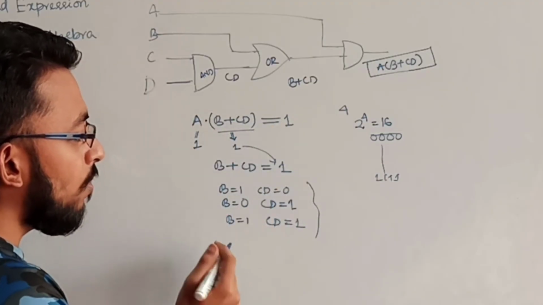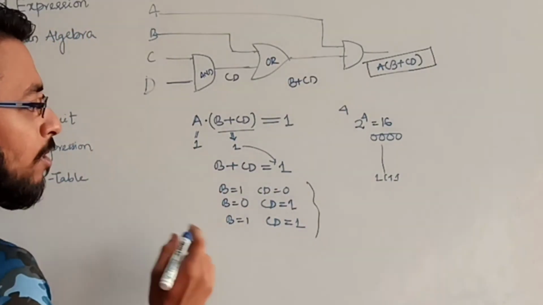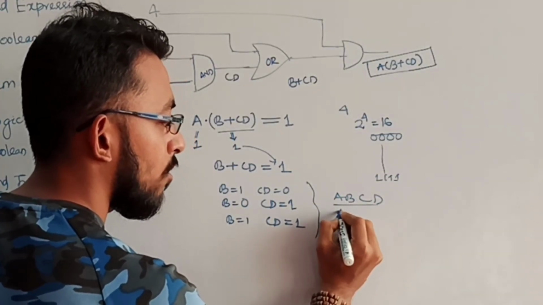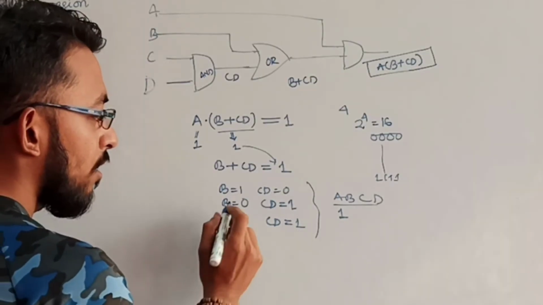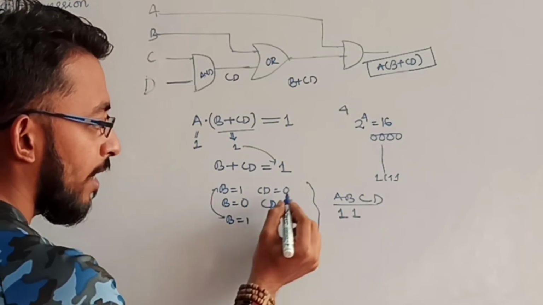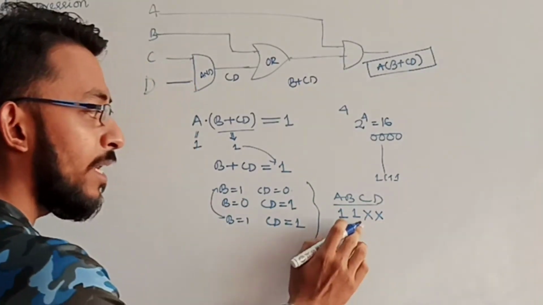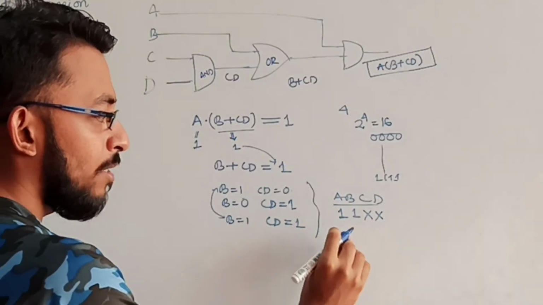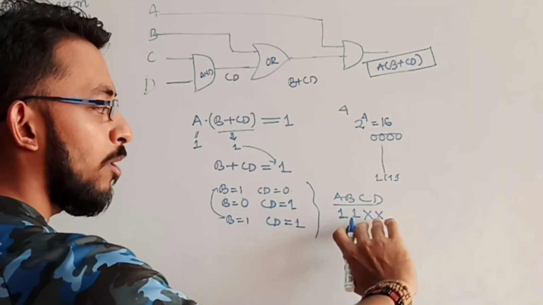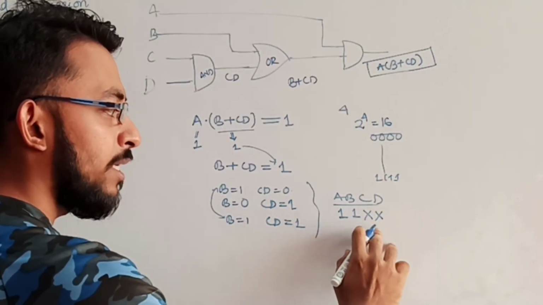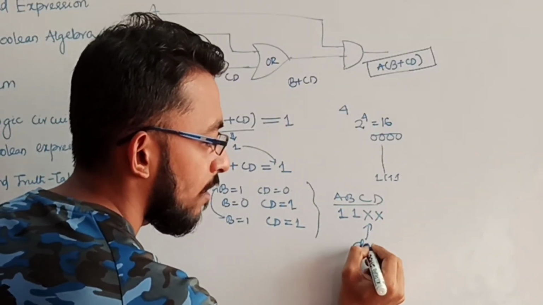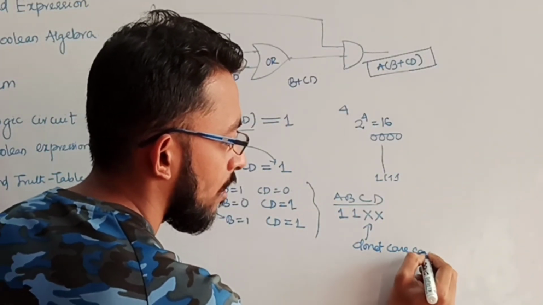So from this, what can we conclude? So what are the conditions? A, B, C, D. My A value should be 1, not 0. A value should be 1. And my B value should be 1. From these two you can see my B value should be 1. In that case my C, D can take any values. Okay. It means if my A equal to 1, B equal to 1, I can write any value, either 0 or 1, any combination for C, D. In that case, my output will become 1. This X indicates a don't care condition.